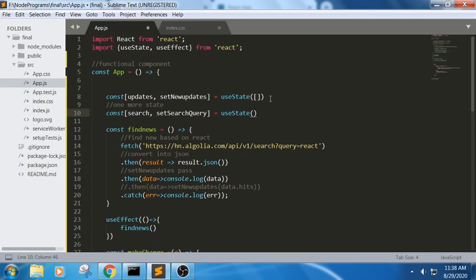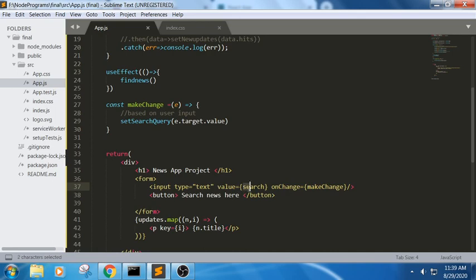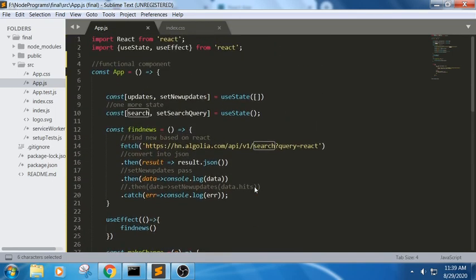If you can see here, we are using useState here. By default the query value is React, but we should be able to change this value based upon what the user has inserted. If we have taken a value as search here, the same search is defined here. So can we write here using template literals in the form of a search part? Yes, we can also write it in the form of template literals where it will make the same URL. So let me put this in the comments, and you will understand what we have written in the new part.